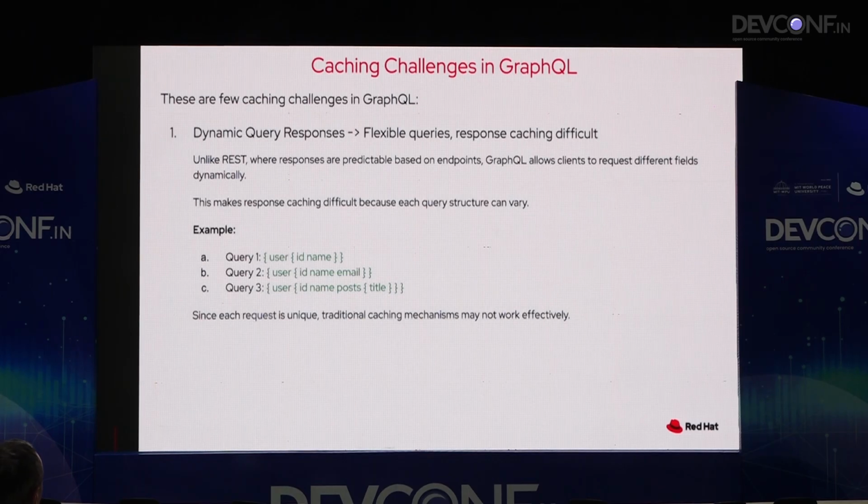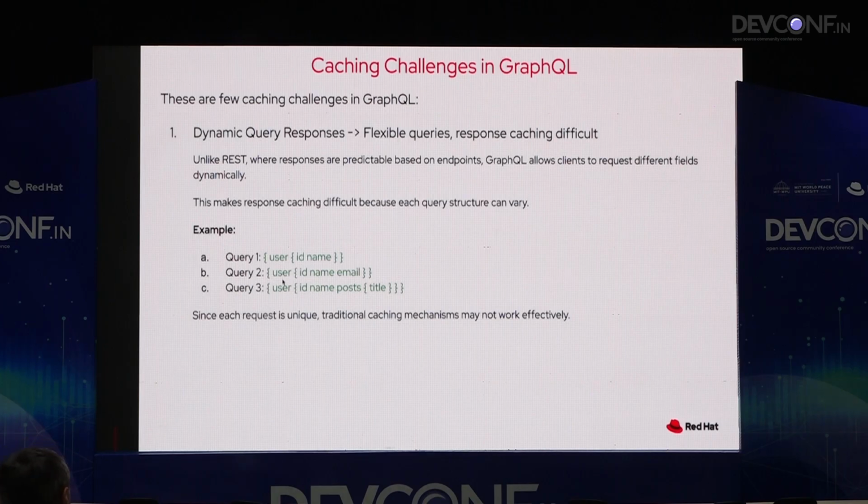Now, there are a few caching challenges as well in GraphQL. In the case of REST APIs, you have the URL, and you can easily cache the responses belonging to a particular URL. But in GraphQL, that's not the case because the queries themselves are very dynamic. For example, you can see query 1 here. You ask for ID and name.